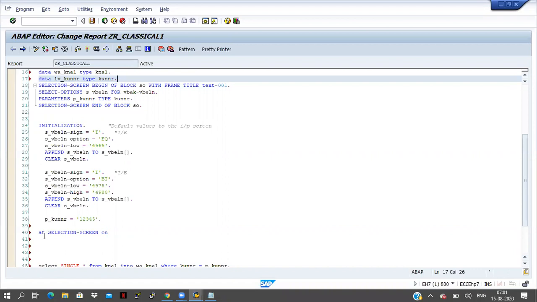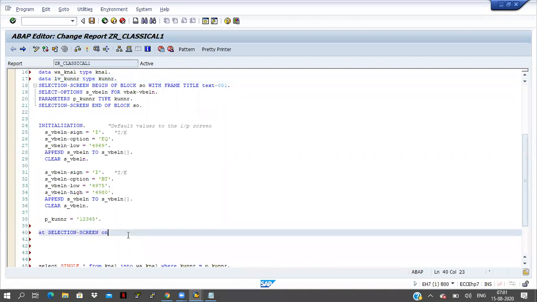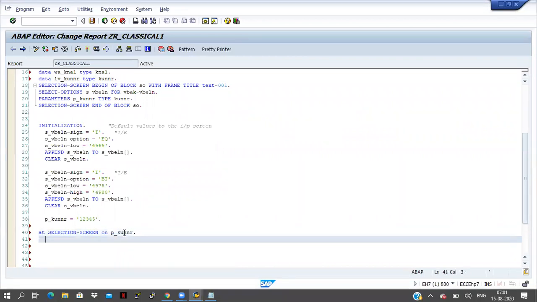And here AT SELECTION-SCREEN ON, for which field you are doing the validation. AT SELECTION-SCREEN or AT SELECTION-SCREEN ON, these two are used for validation purpose. P_KUNNR, I'm doing the validation for this parameter.